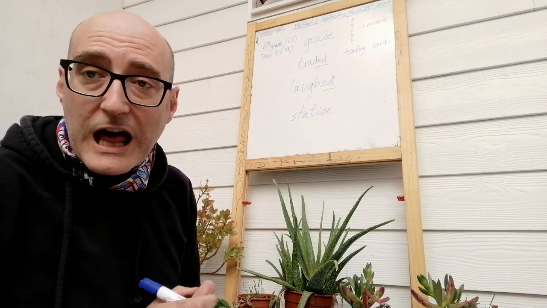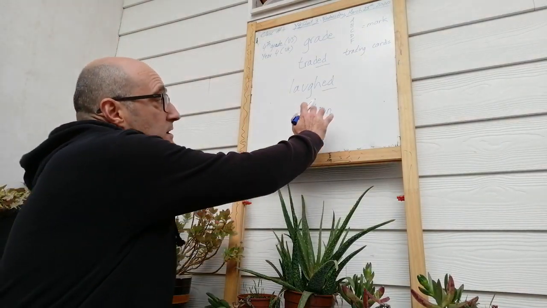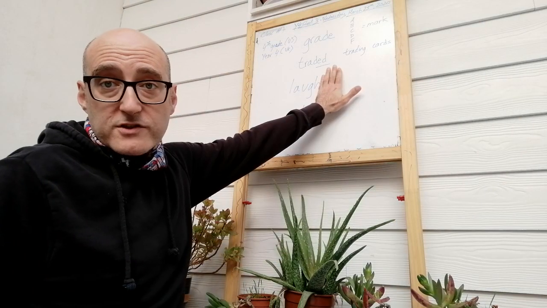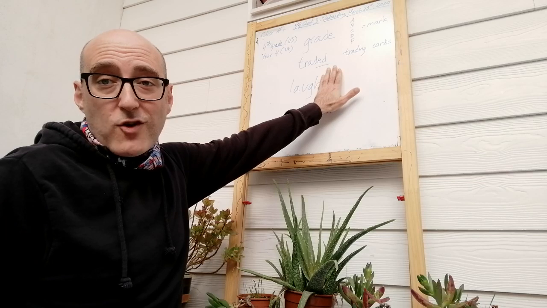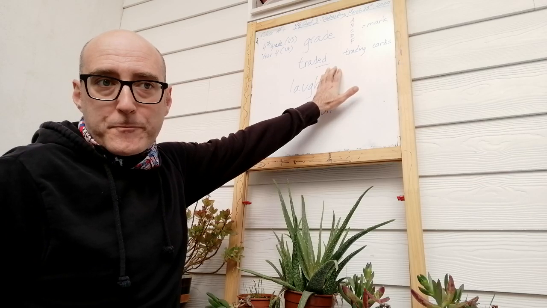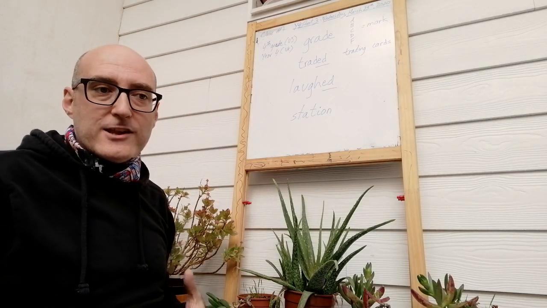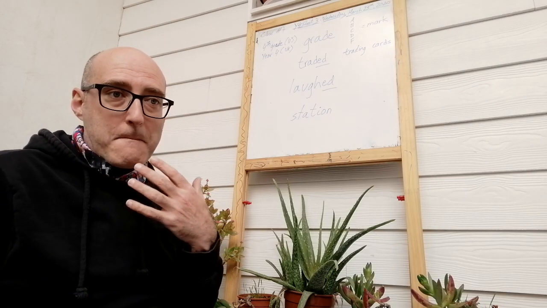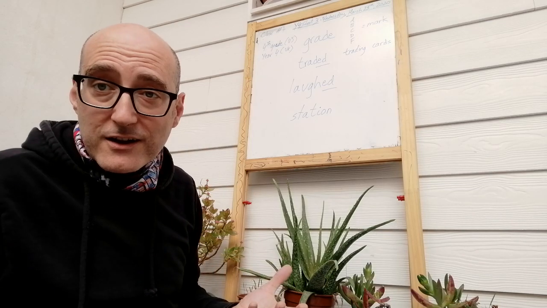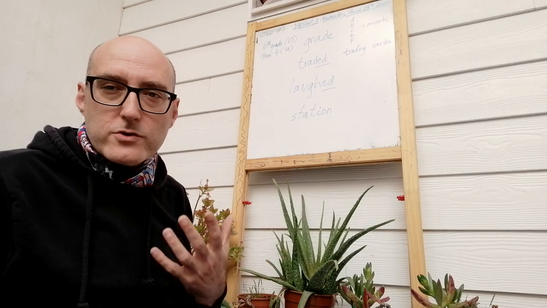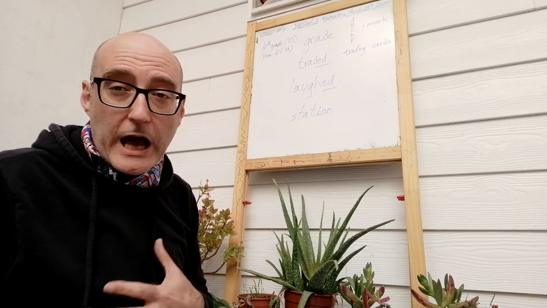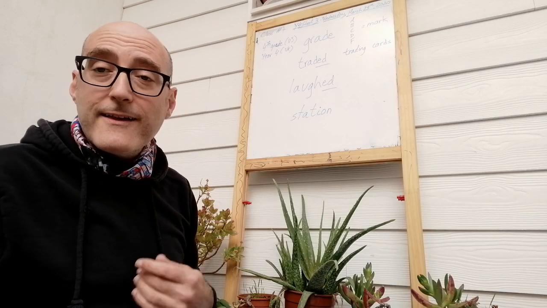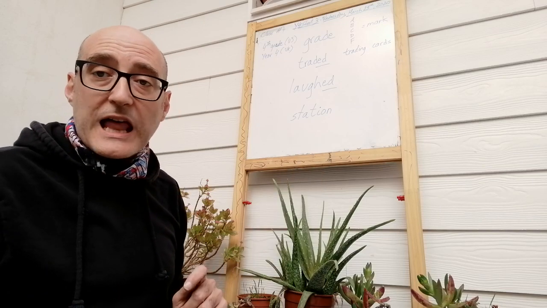Then we have laughed, okay, which is the past with -ed of the verb laugh, which is to have so much fun or to find something so fun and so entertaining that you cannot stop smiling and then making noises and laughing, okay? So that's what laughing is. When they tell you a joke, you can't stop having fun and your whole body shows it. That's to laugh, okay? And the past will be laughed.